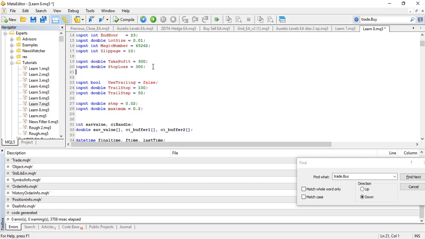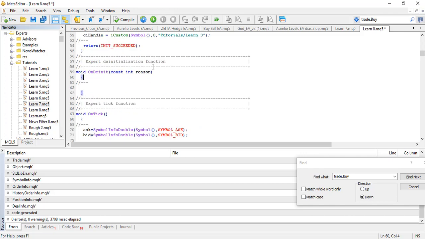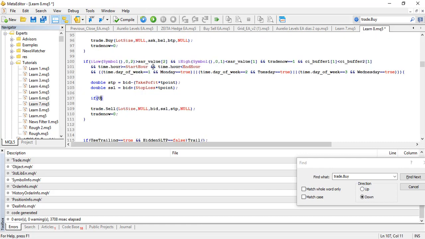Now input bool use auto lot is equal to true, and input double risk percent is equal to, let's say we want to risk 10% of the balance on every trade. We'll put 10 there, and if not use auto lot, as in if use auto lot is set to false, we can simply say fLot, that's